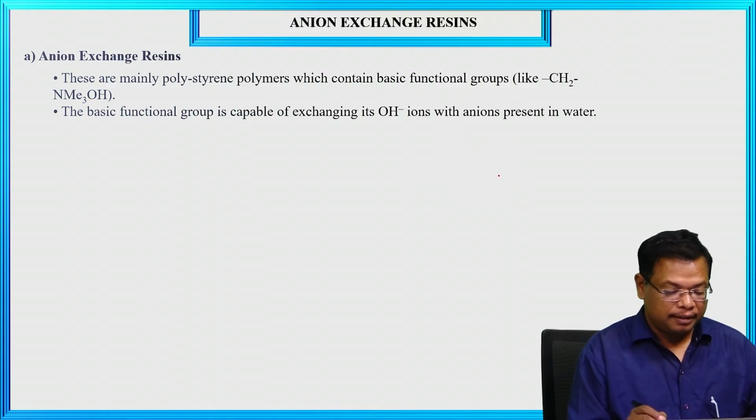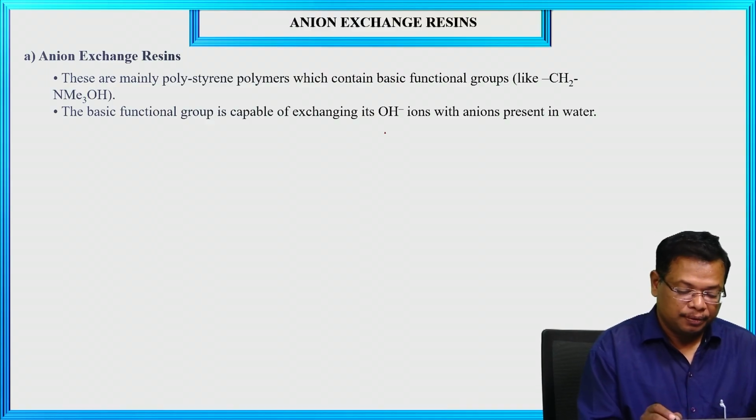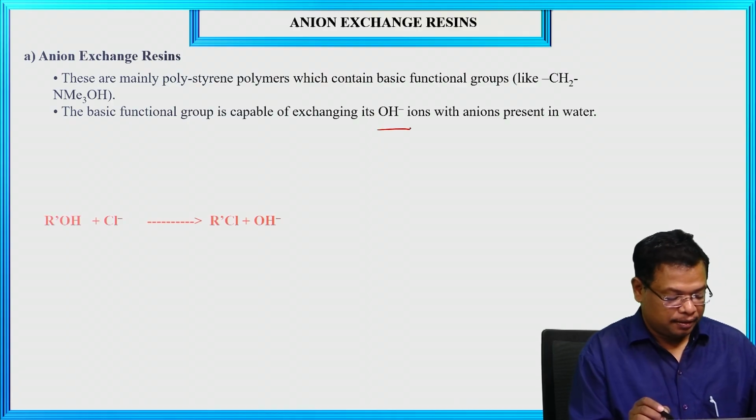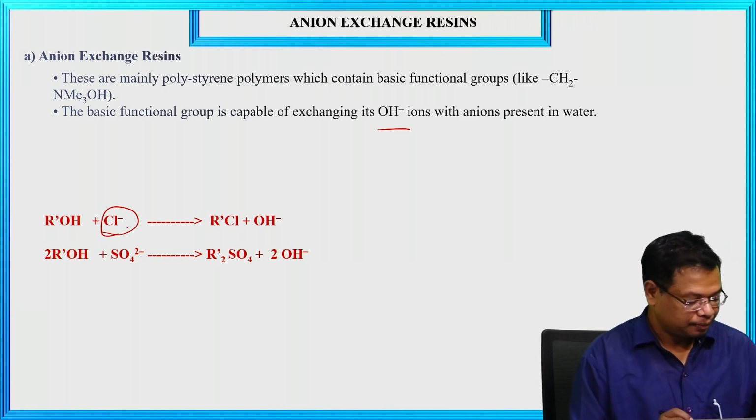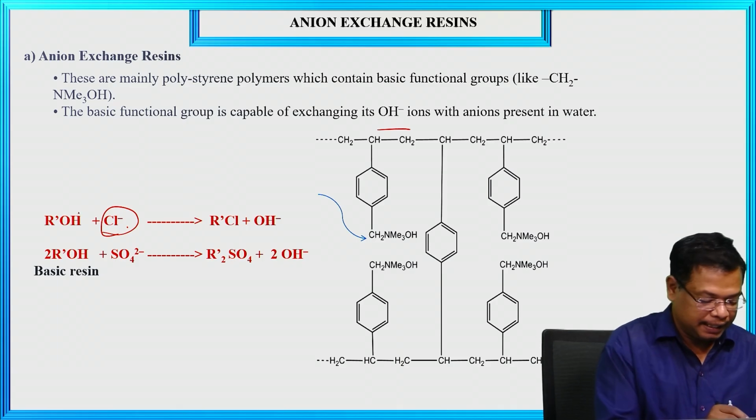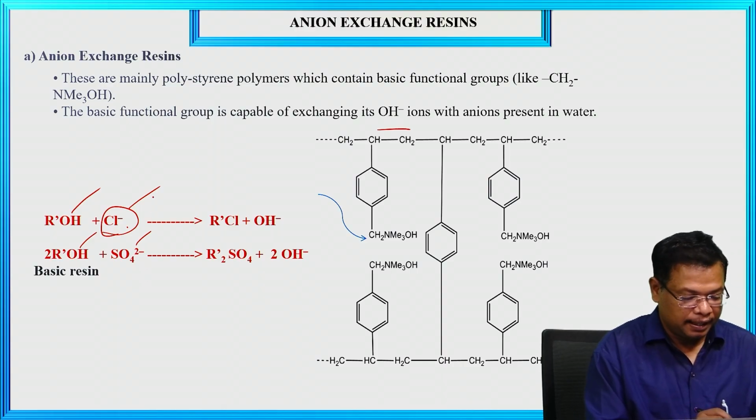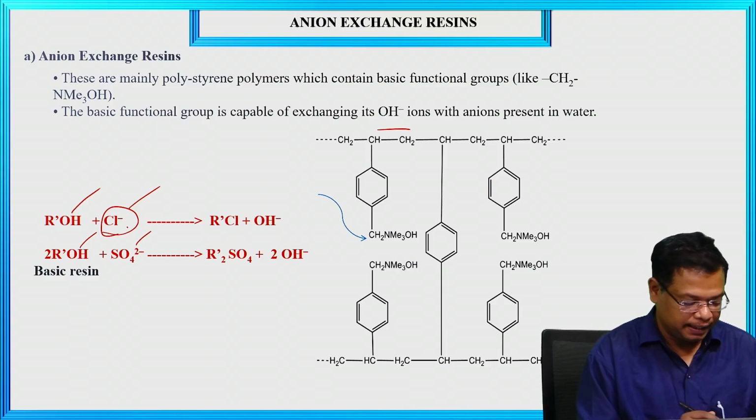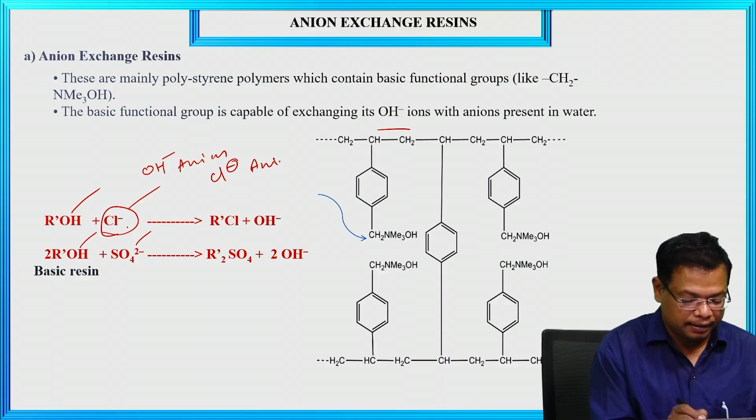This will be added to the hard water. It will remove OH minus ions to interact with chloride ions. This is a basic resin. It is interacting with hardness causing salts. When it is interacting with hardness causing salts, the anions will be exchanged. OH minus is an anion. Cl minus is also an anion. When we are interacting with both of them,